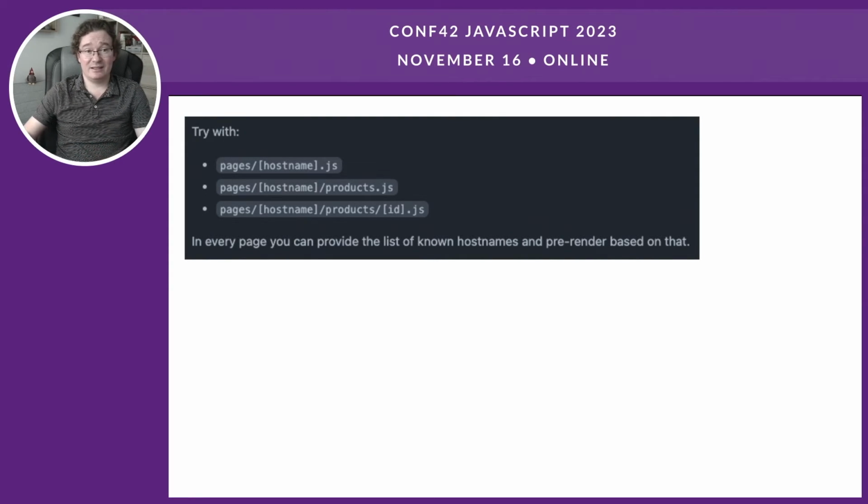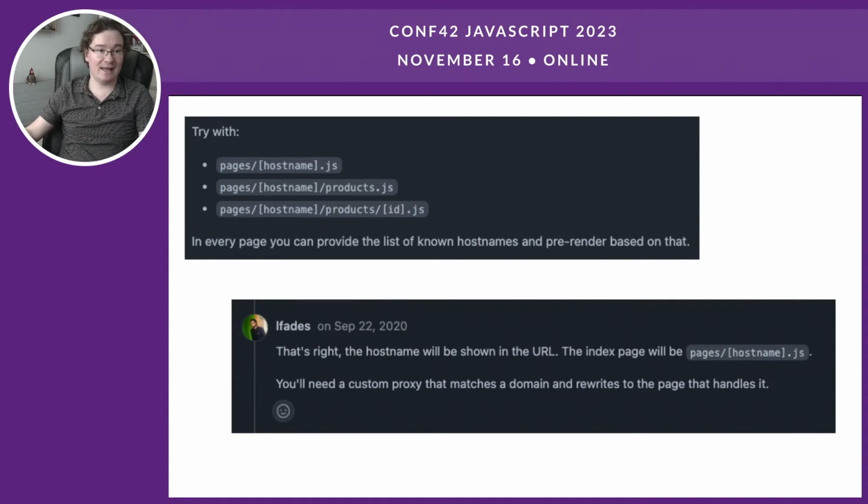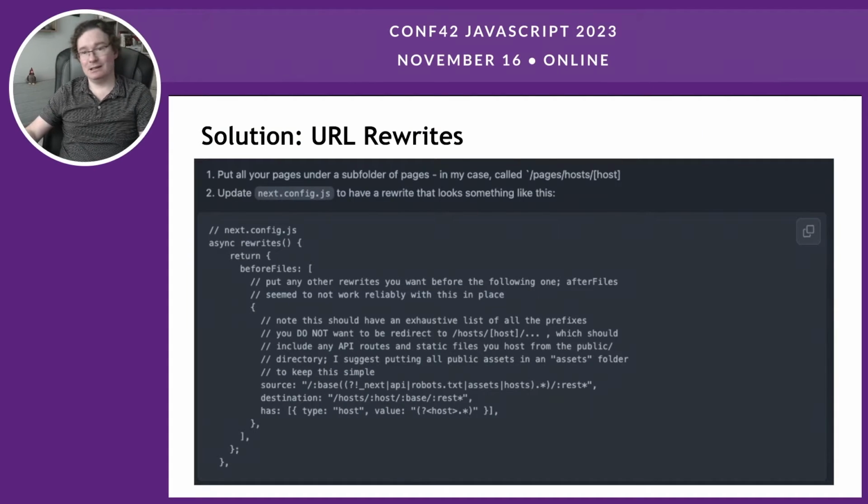This does exactly the same as what we do with the tenant, but here they're using the host name of the request. It works exactly the same way because it's a unique identifier for each tenant. And yes, you see on that thread that they mention that this will be shown on the URL. But luckily, there is a